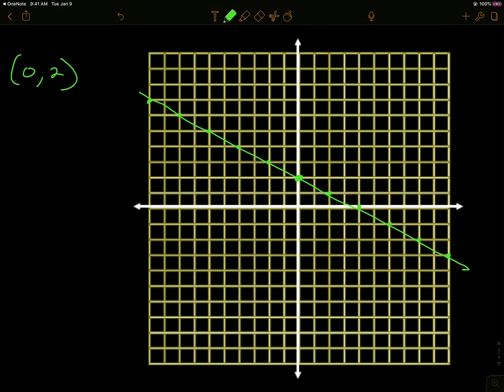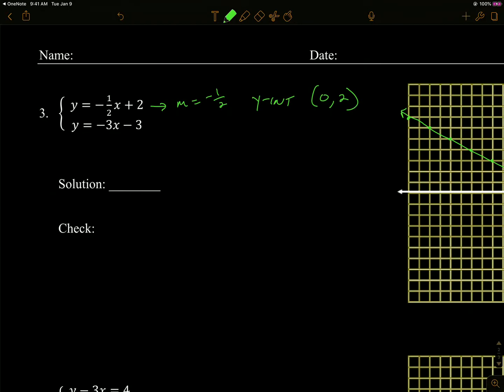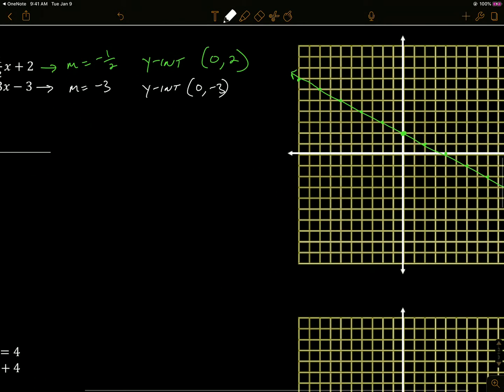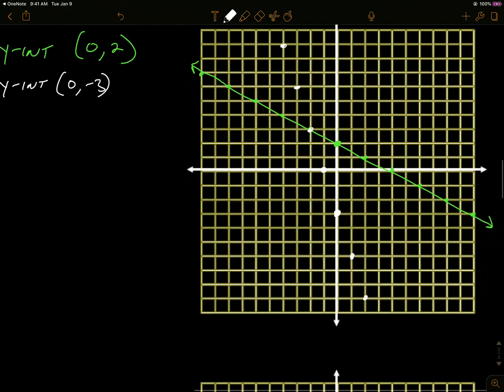So there's that line. Now let's do the second line. I'll do that one in white. The slope is -3. The y-intercept is (0, -3). So I graph (0, -3), start there, and then use my slope. A slope of -3 is like -3/1 when I'm graphing. So I would go down 3 and right 1. I can go up 3 and left 1. That's the same slope. 1, 2, 3. So if I draw the white line,